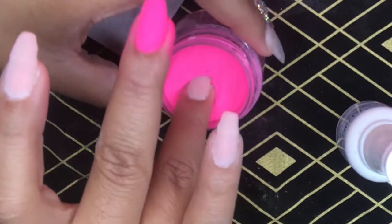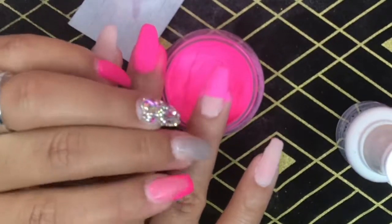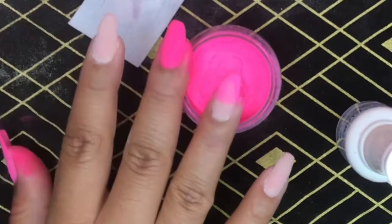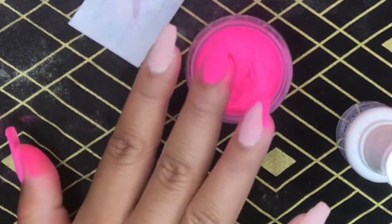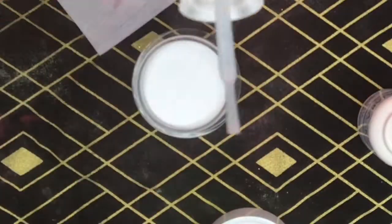So I'm dipping it in there. Now once I pull it out, you see how it looks like all of the pink is going to be on there? Nope. Wait till I brush that bad boy off. Look at that. Look at that. Okay. So I got the desired design that I want on that nail,